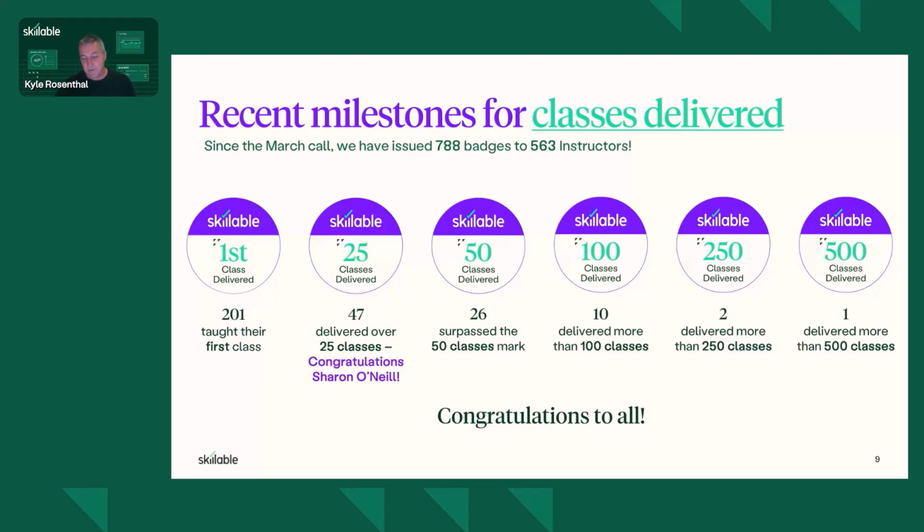And then we've moved on to those folk that have done 25 all the way up to 500 classes that have been delivered. So we had one person in the last month who has gone over the top and has delivered 500 classes, as well as the ones in between. So congratulations to everyone for those deliveries. 788 badges for 563 instructors. So it's been a good month,